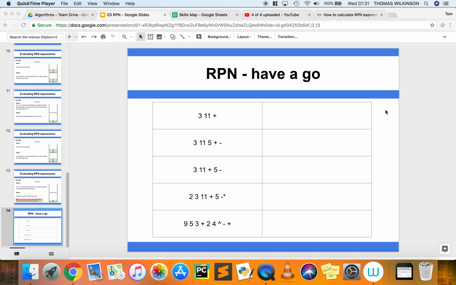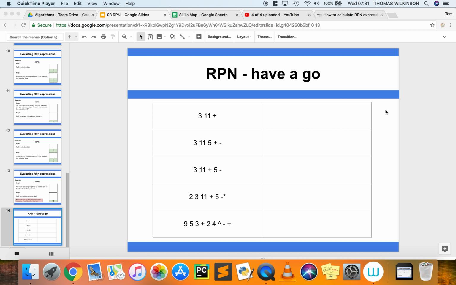I feel this is a better way of doing it than just rewriting them as the infix expression, because you can see how they would be written by simply evaluating the answers themselves anyway. So decide what you're going to do, pause the video or carry on playing, and then we'll go through the answers together. Okay, so